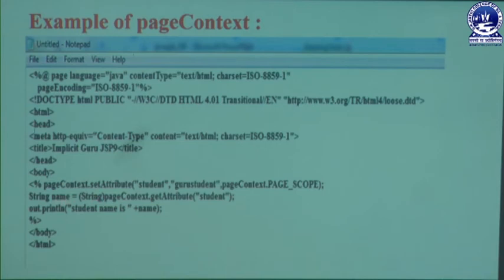Then we are creating a string name. We are declaring a String with a value, return type String, using pageContext.getAttribute with the value written as student. Then we are mentioning the out.println method. Through that out.println method we are going to print the student name, and the name variable stores the value of the attribute which was set as student, and that name is automatically printed in our web page. In this way we can easily print in our web browser, relevant to our JSP.